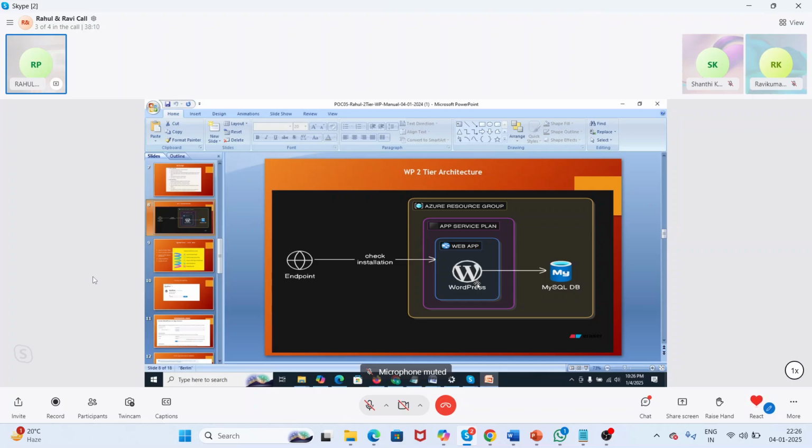This tier is responsible for whenever a user wants to interact with the WordPress app. So this is the front end. With the help of the front end, we can interact with the visuals and present content, and we can also do content management. And here we can see the MySQL DB, which is the backend.